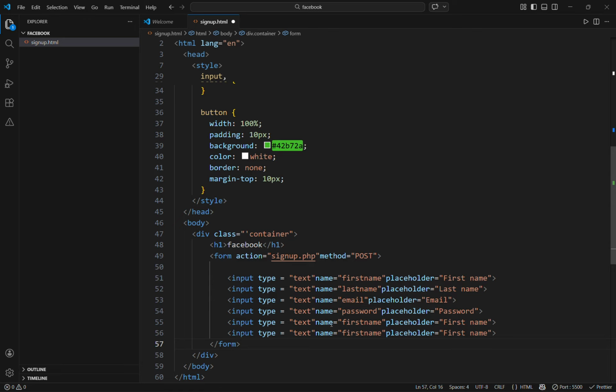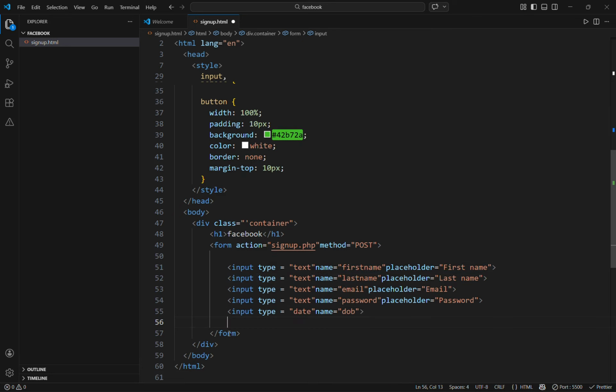Here date, type is equal to date, and name is equal to DOB, like date of birth, DOB, and close it. We will delete it. Now